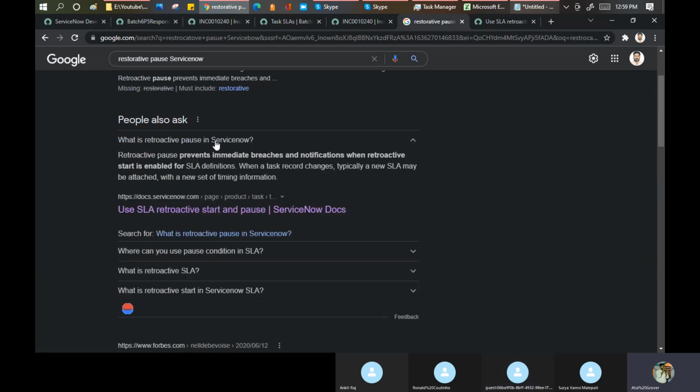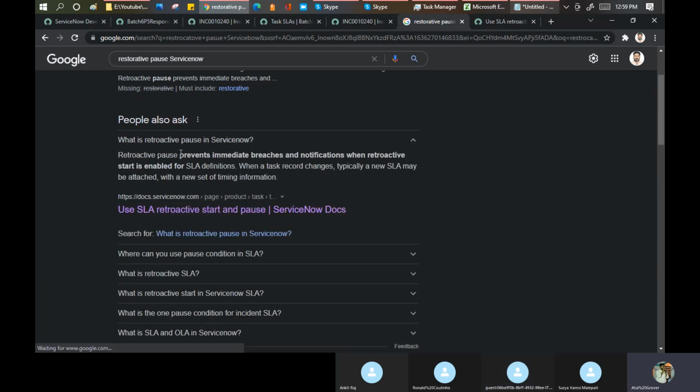This one. What is retroactive pause here? Retroactive pause prevents the immediate breaches and notification when the retroactive start is enabled for the SLA. Let me open this.